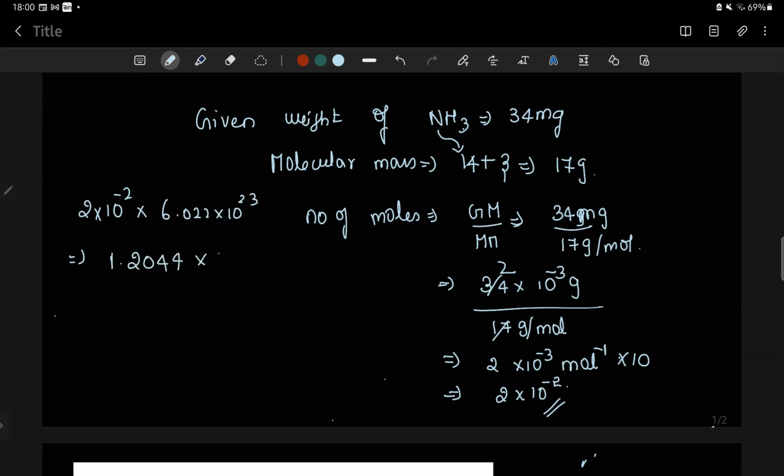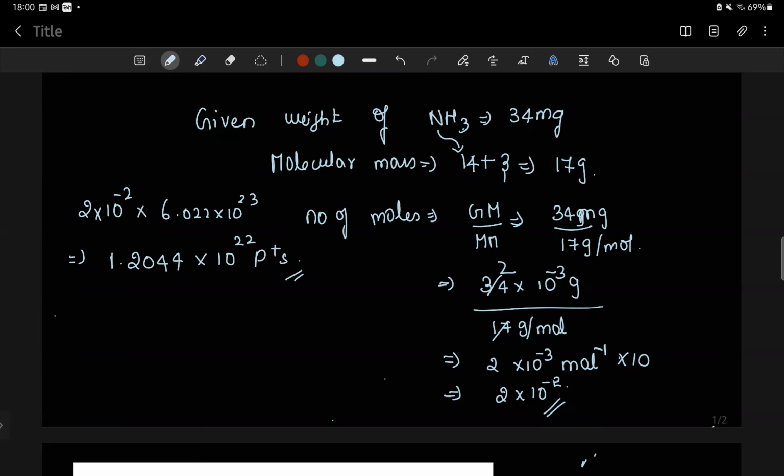1.2044 into 10 to the power 22. Okay, so 10 to the power 22 protons. This is the number of protons in nitrogen, that is ammonia molecule. We got this answer. Now what have they given? The mass of one proton is given in the question, mass of one proton